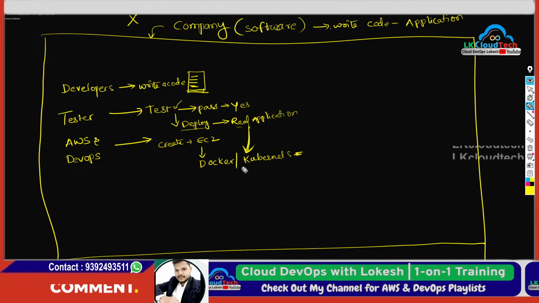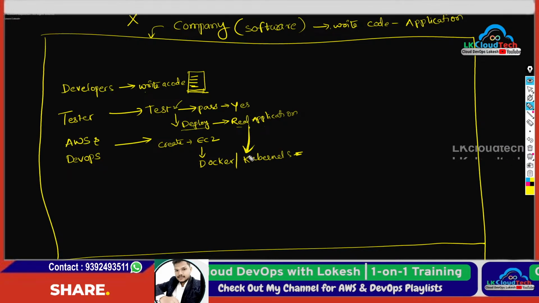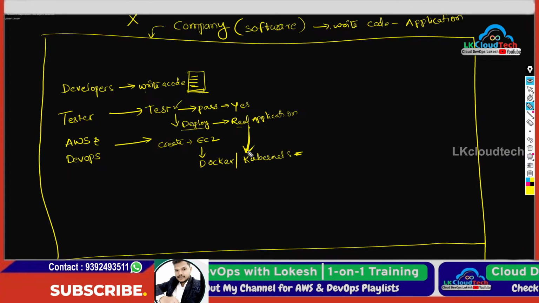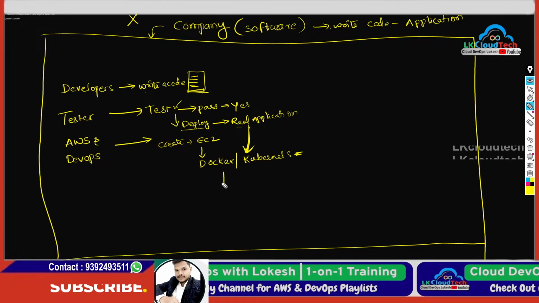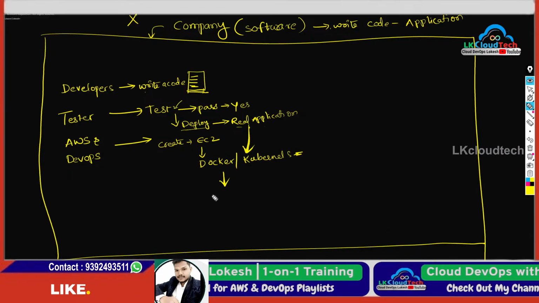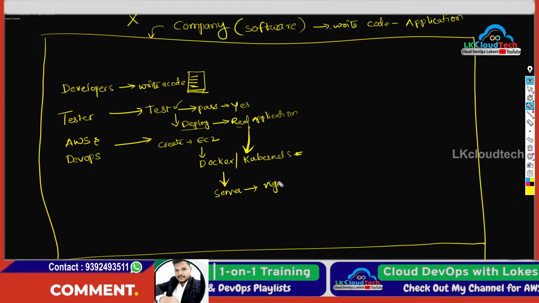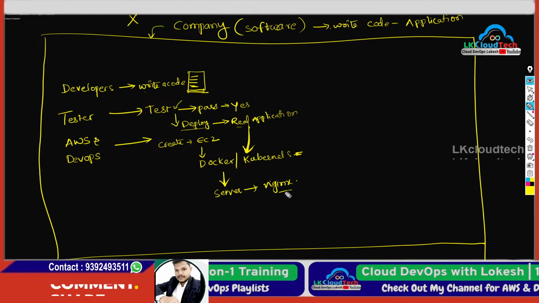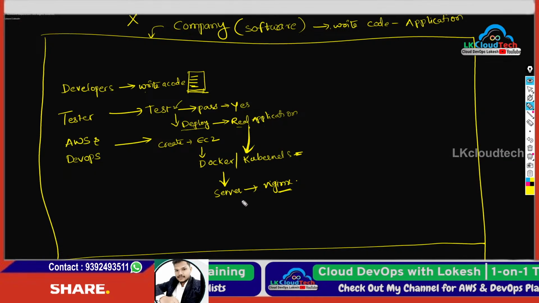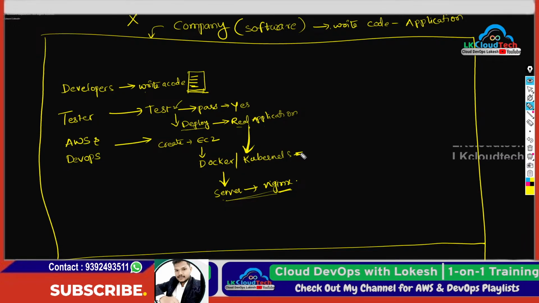But the thing is, you have deployed it, but it should be in a realistic format that is visible to the customers. If you want it visible to customers, you use a server. That server is called Nginx. By using this Nginx server, next you will deploy on top of this server. Once you deploy this, you will have images and containers.